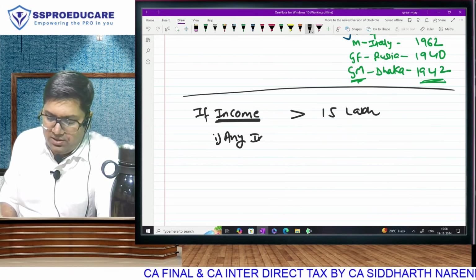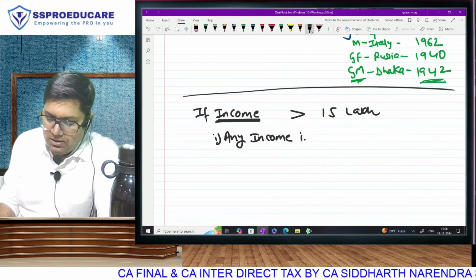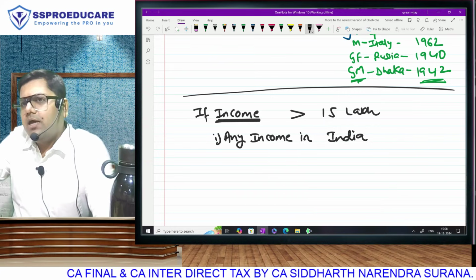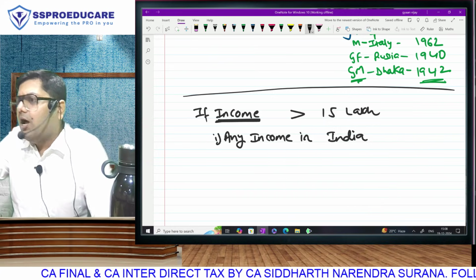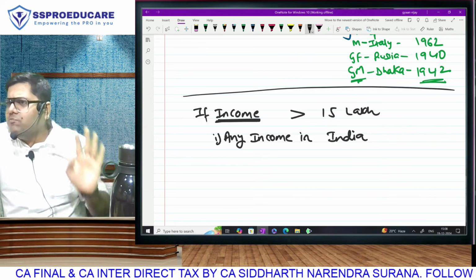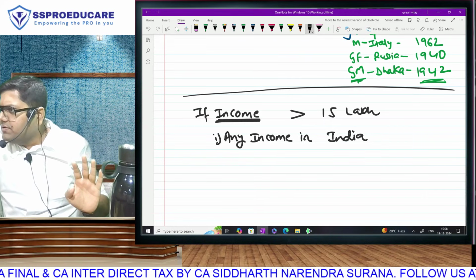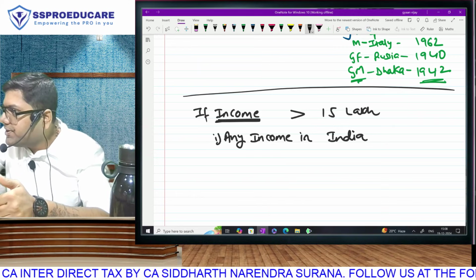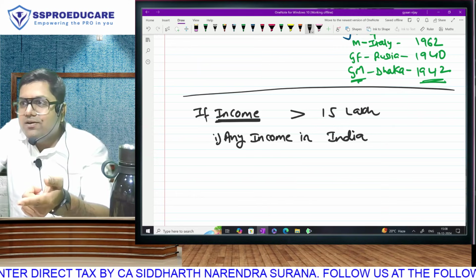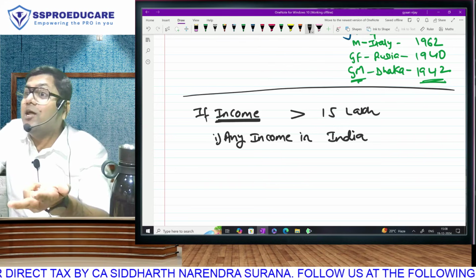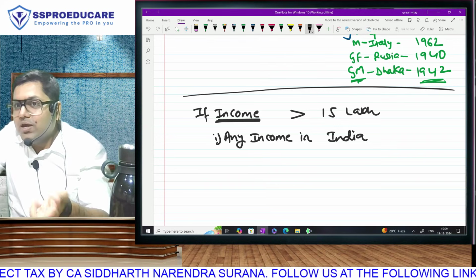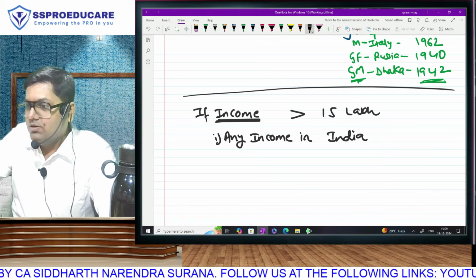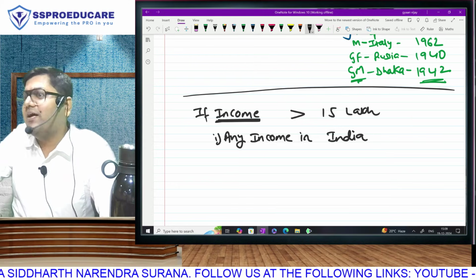Any income that you earn in India while you are a visitor. But my question is, can you have some income in India? I'll tell you what, supposing you never come to India, never even for a visit, you can still have income in India in the form of rent of your properties, dividend from Indian companies. If you have Indian bank accounts, their interest. You can have any income being generated in India without coming to India also. Take that income, any income where the source is in India,